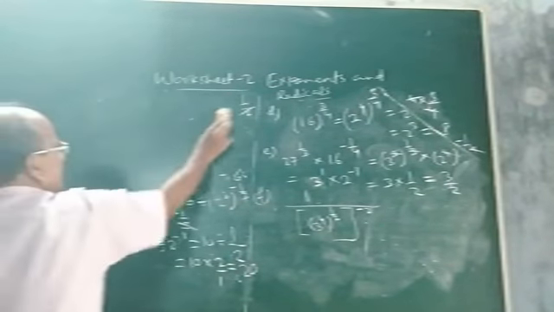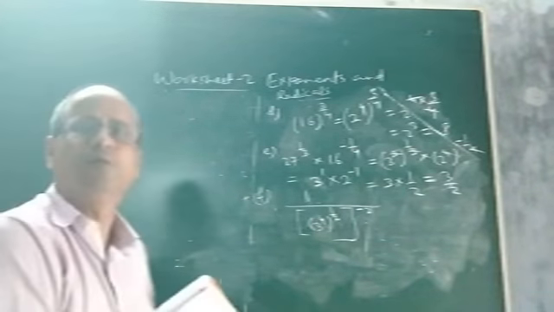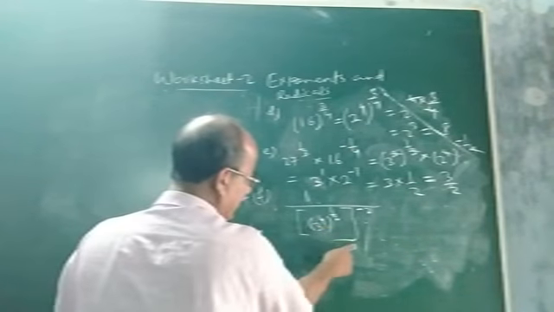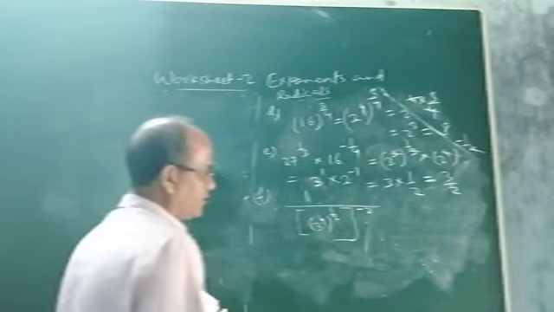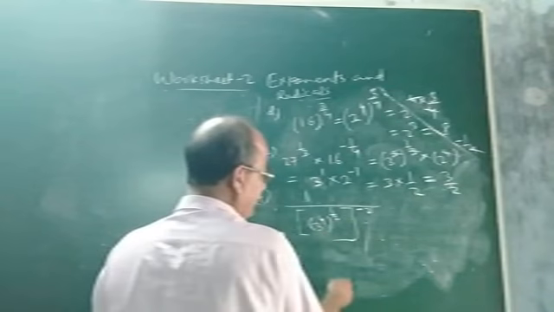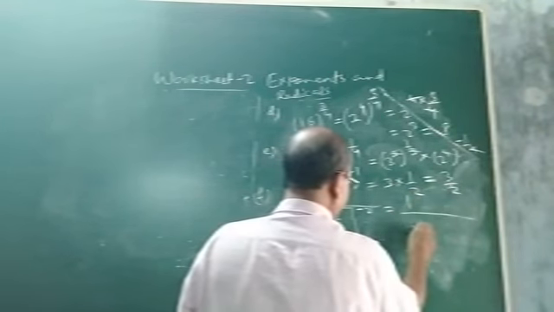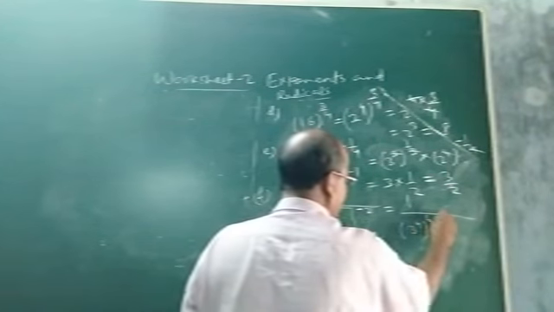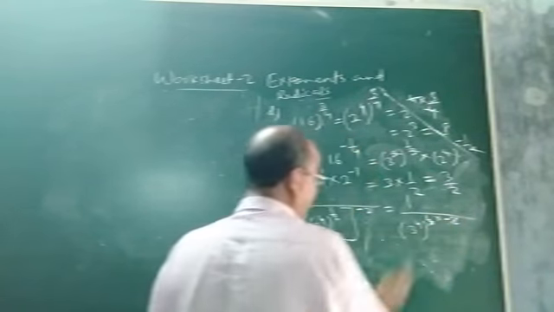Now how to find the value of this expression? First you omit this bracket. Multiply 1/2 and minus 4 so that the square bracket will be removed. So my next step will be 1 by 3 to the power 4 whole to the power 1/2 into minus 2. See, 2 cancels. It will be minus 1.